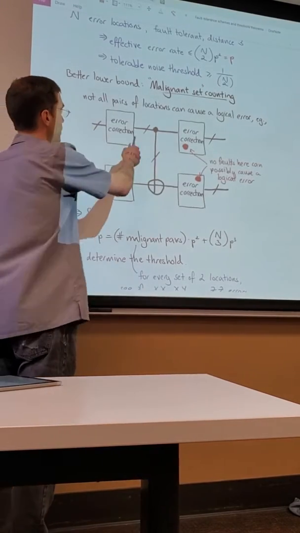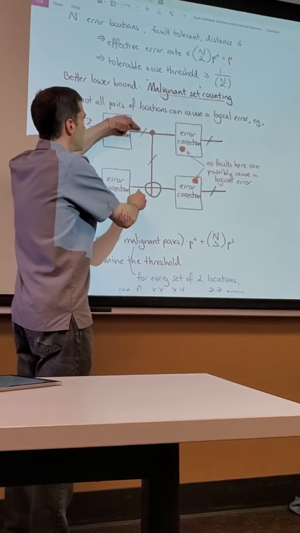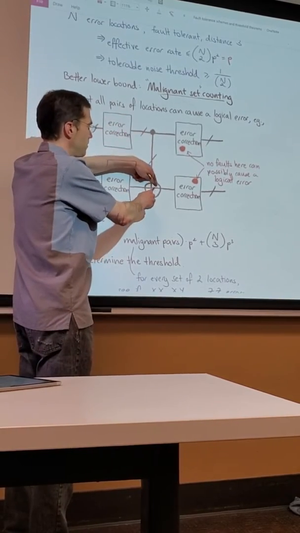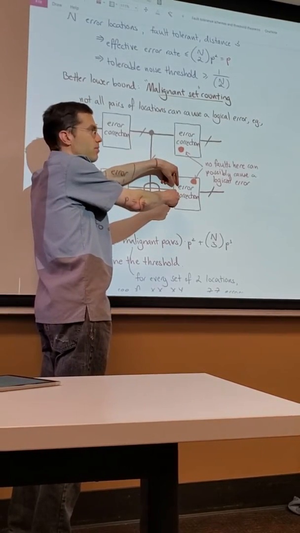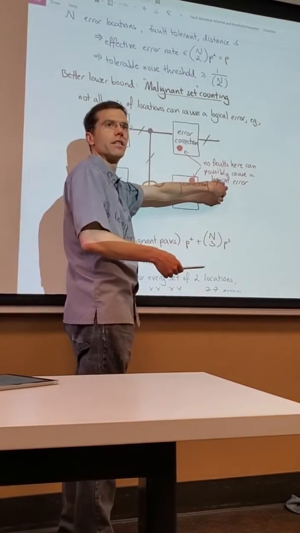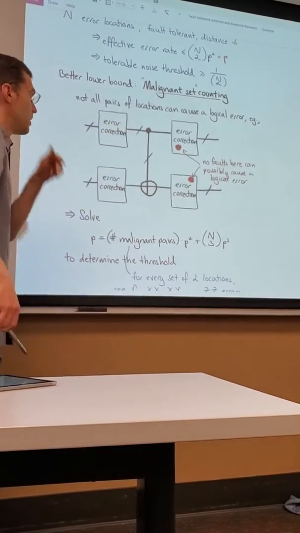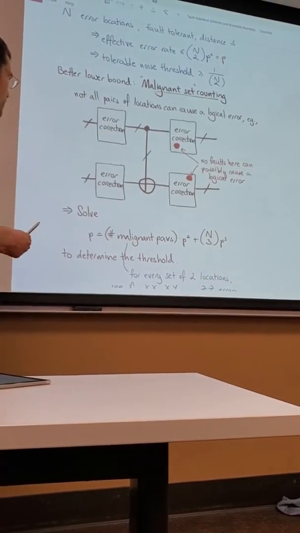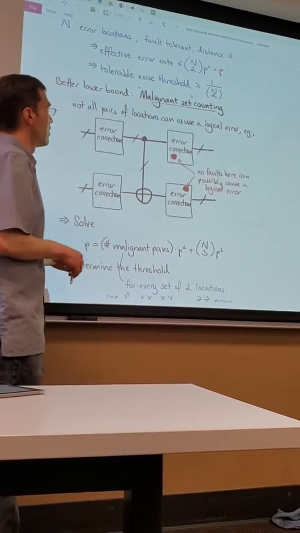A bad case would be something like this: if you have a weight 1 fault here and a weight 1 fault here, this fault is copied down, and so now I have 2 faults here, and 2 faults coming into the error correction. It is corrected in the wrong direction because it's a distance 3 code, and so you end up with a logical error in this block because I've had 2 faults. That would be bad.